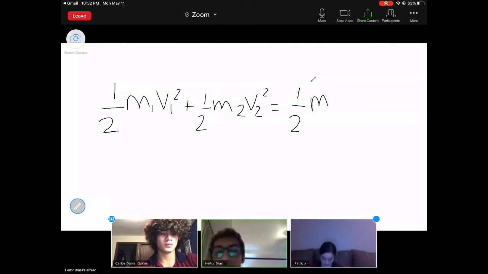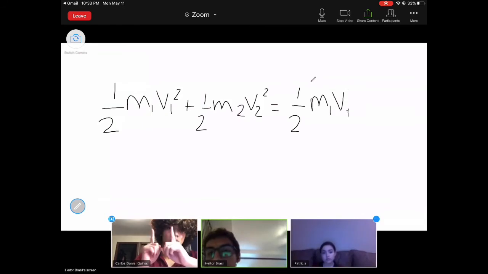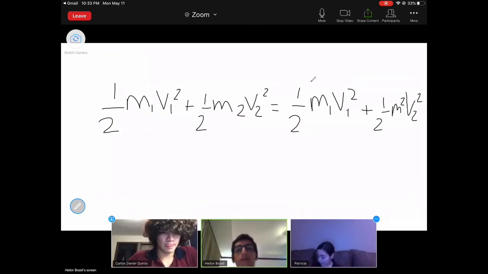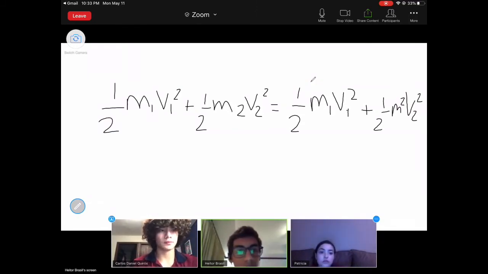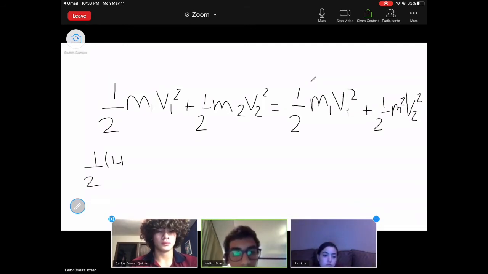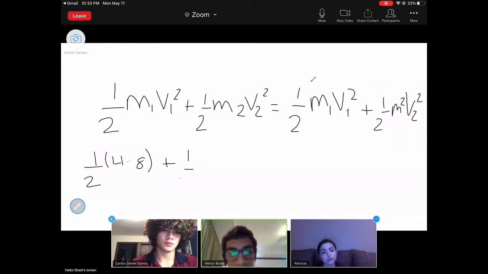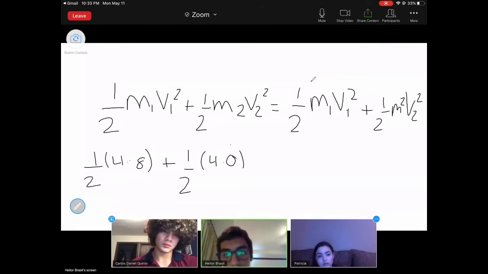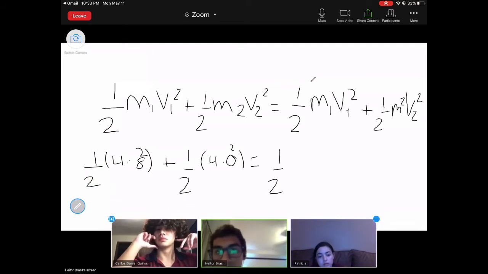And of course, mass doesn't count because mass will always be the same no matter what. After we get our formula, we substitute in the values. So we're going to have 1/2 M1, which is 4, times V1, which is 8, plus 1/2 M2, which is also 4, times V2, which is 0, and both of these velocities are squared, equals